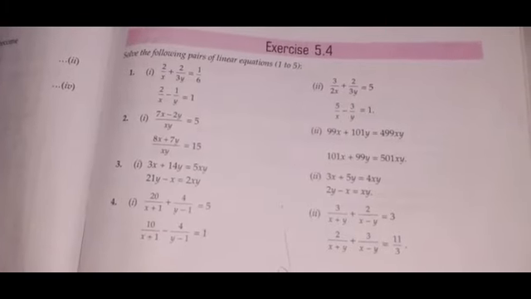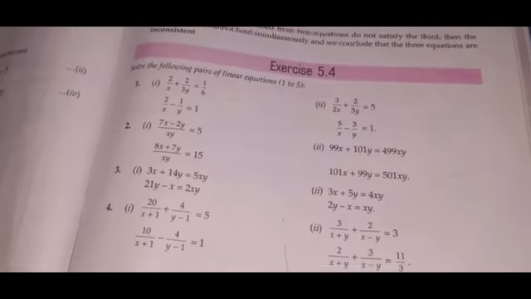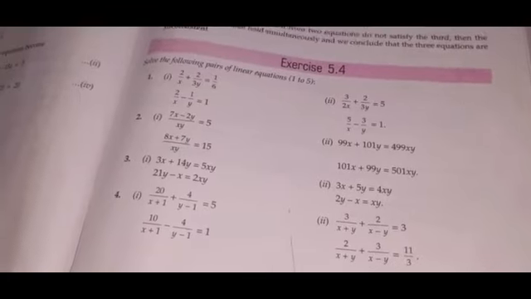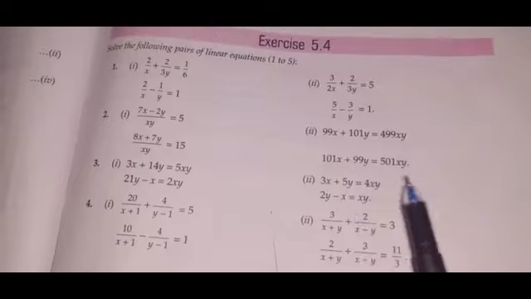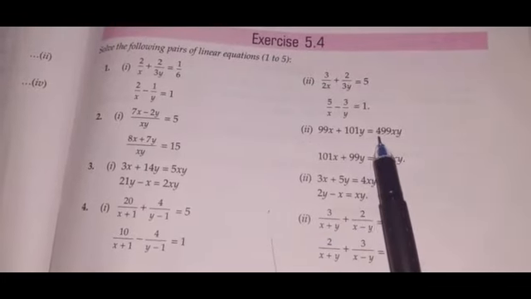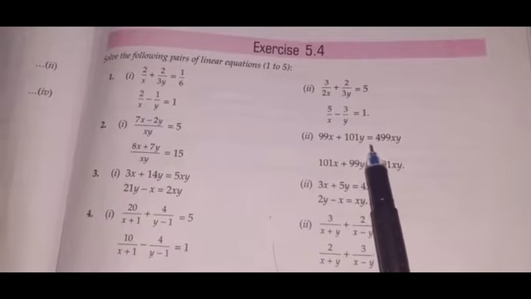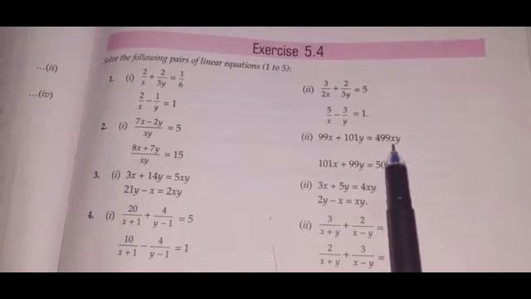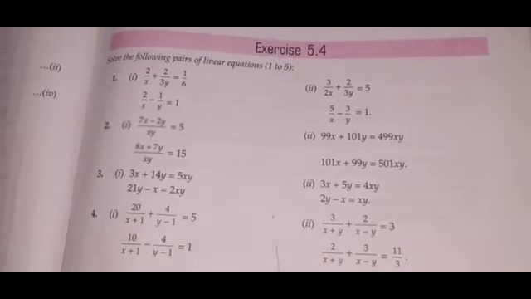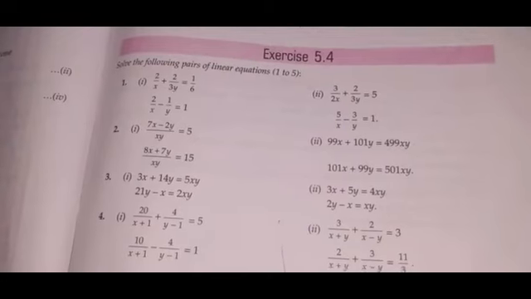So what I did, I tried to solve the same sum in three different methods, so maybe you will like any one, so you may follow that one. And one more thing, in a few books you will see that in the question here there is only 499. These things are similar: 99x plus 100y is equals to 499. Similarly here there is no xy, so you will follow the same method. Whatever I'm going to teach you just now, follow that thing, you will reach your answer.